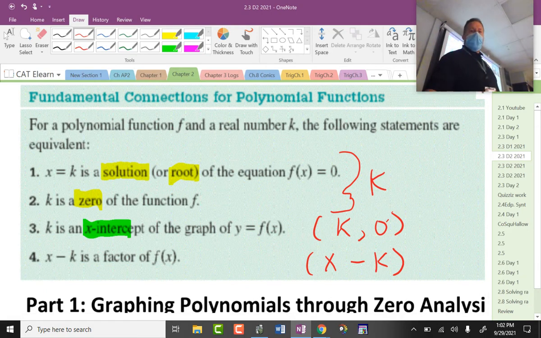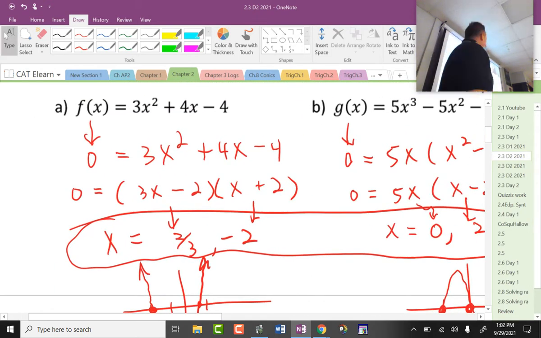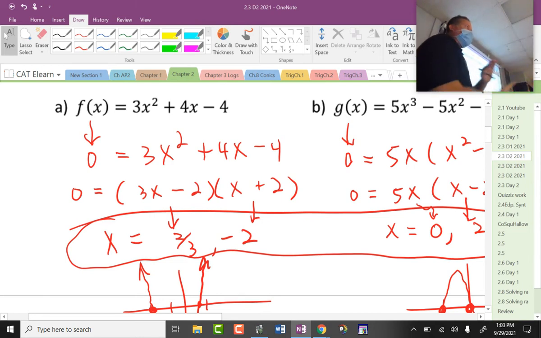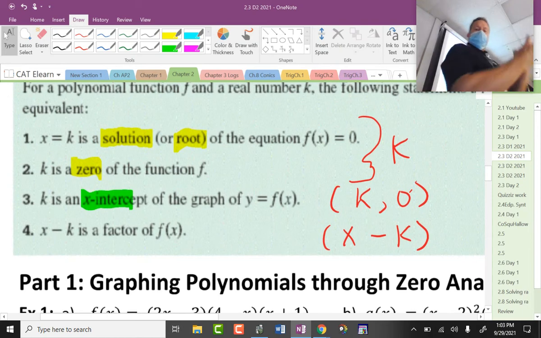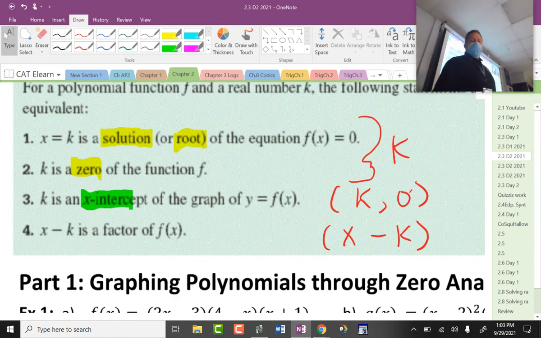This should not be a big jump. Look, I just asked the 2 previous people in the bell work here. If x plus 2 is a factor, then negative 2 is a 0. Well, look at going backwards. You should be able to say if negative 2 is a 0, then x plus 2 is a factor. All right, our notes are going to end with this idea, reversing this question. All right, and that's what's kind of important for this. The whole encapsulation of the section 2-3. We can really move on in 2-4 and 2-5 and do a lot more stuff with this. Okay, so